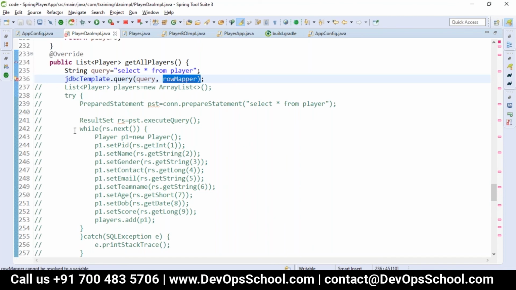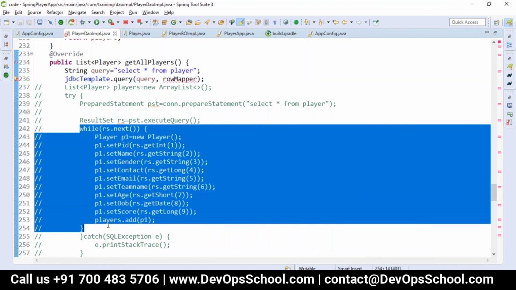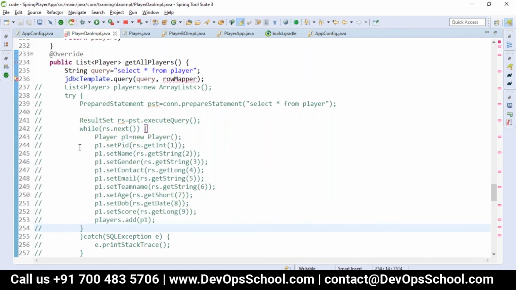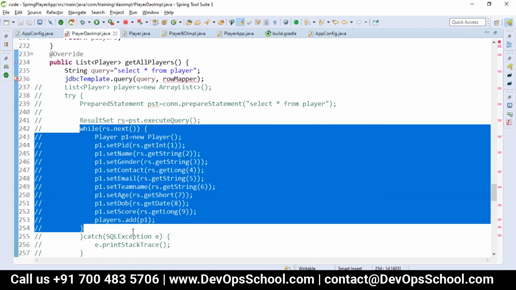Instead of writing this many times, say I have 10 methods and I've done this for all 10, every time I have to configure each and every object to record. Instead of this, we can create our own class, implement our own row mapper, like player row mapper, and write this code only one time. That is one of the solutions we can do.